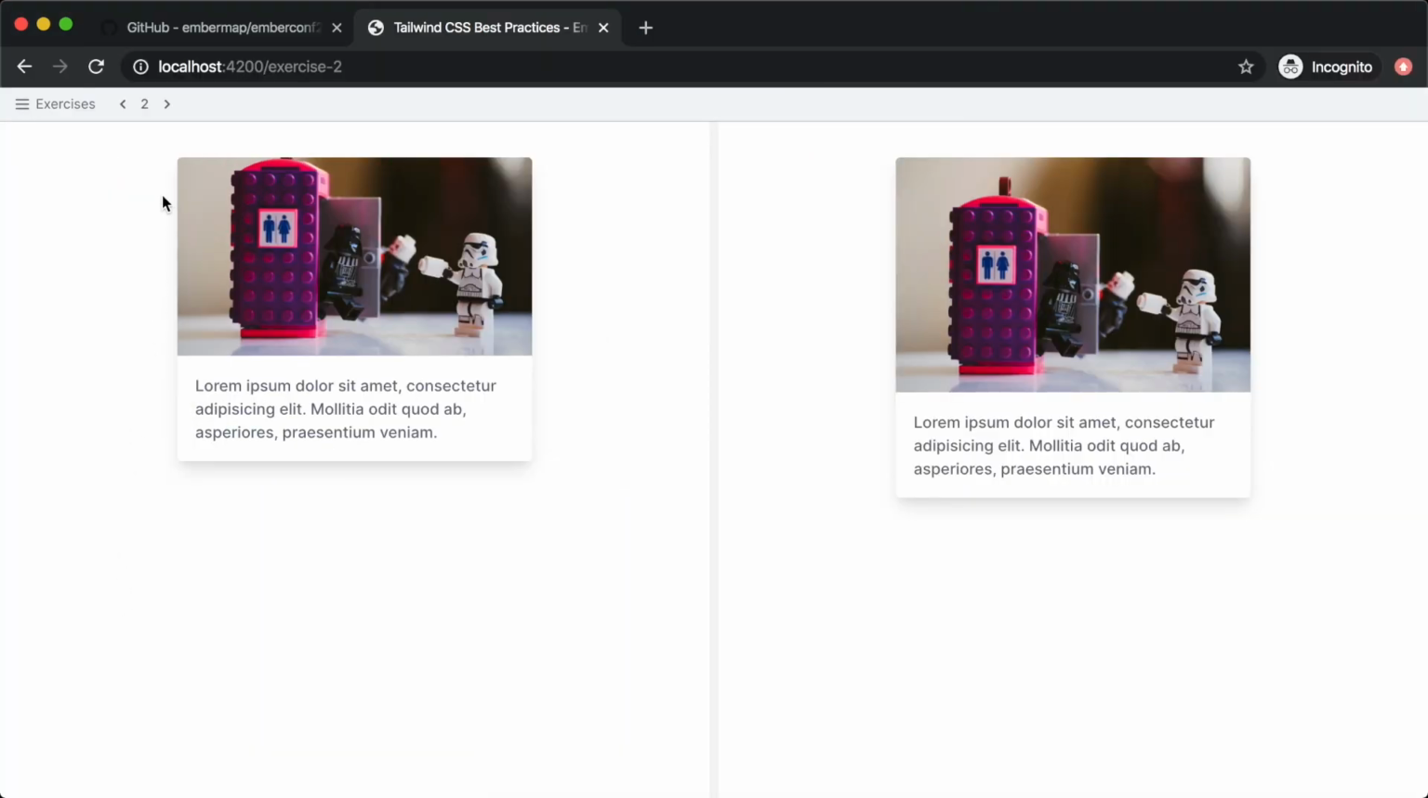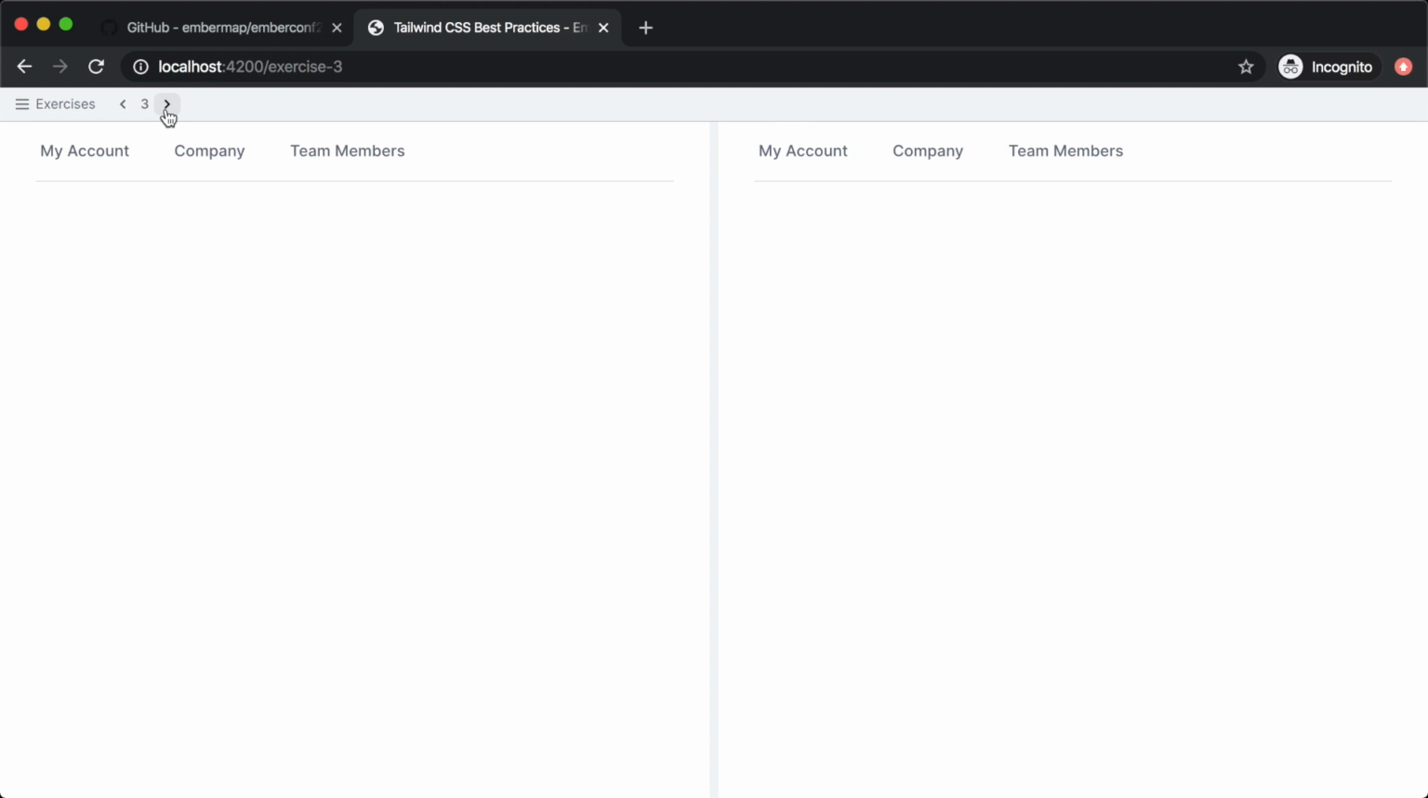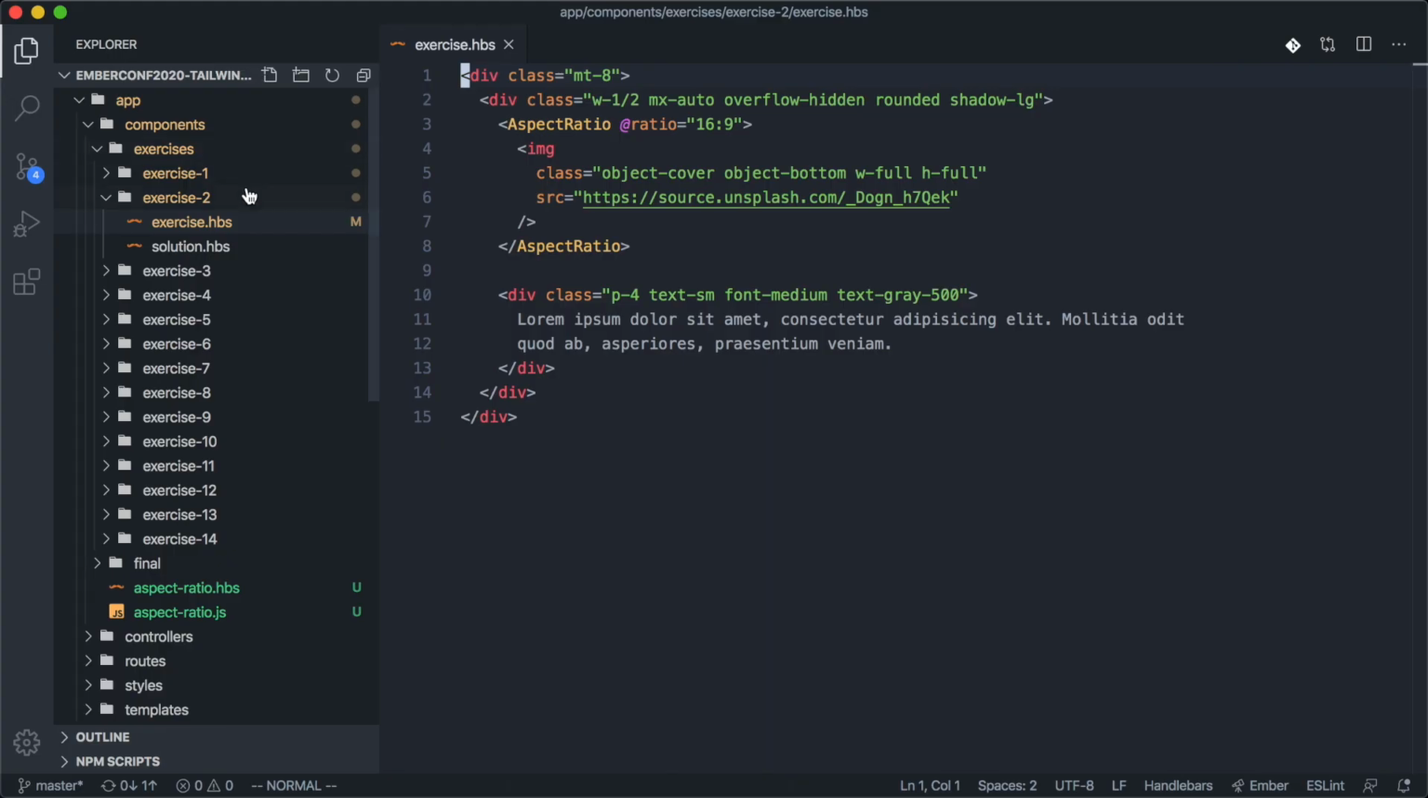So let's move on to exercise 3. Here we have some nested routes. We can see we're at the URL exercise 3-child1, child 2, and child 3. And over here you can see in the final result that we have some active styles. So if we come over to exercise 3,